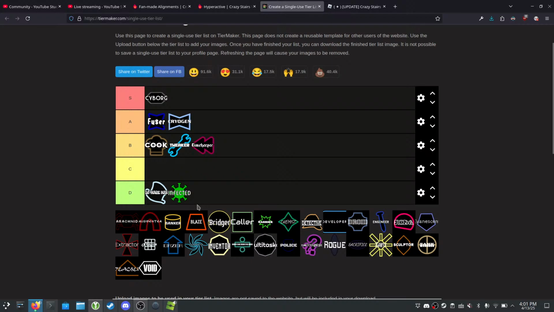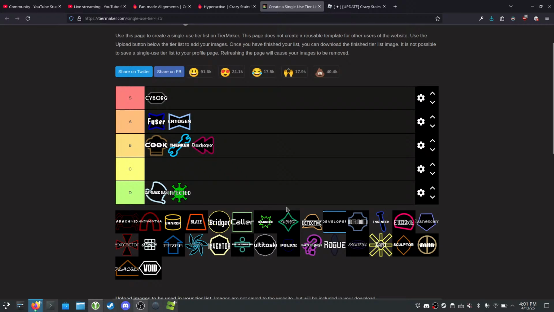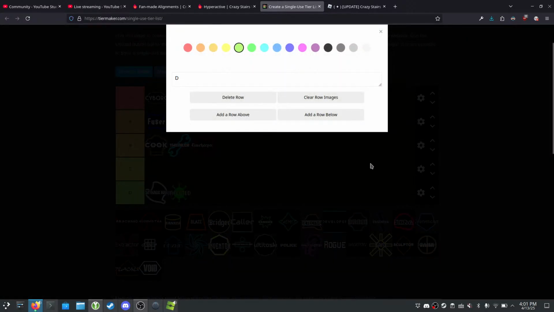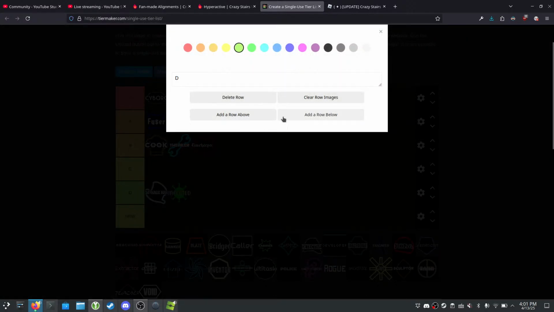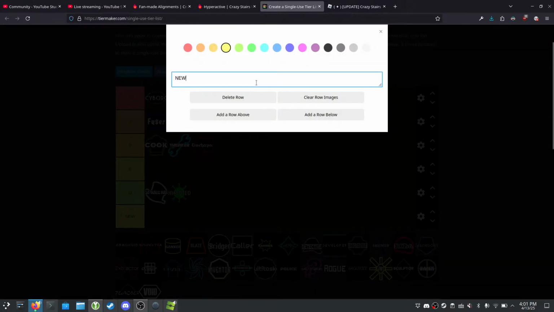Actually, no, maybe I should make a new tier for alignments that have absolutely zero... I don't know how to make a new tier, actually. Oh, wait. Add a row below. How do I... Let's see. New. Useless. And then we'll make it...